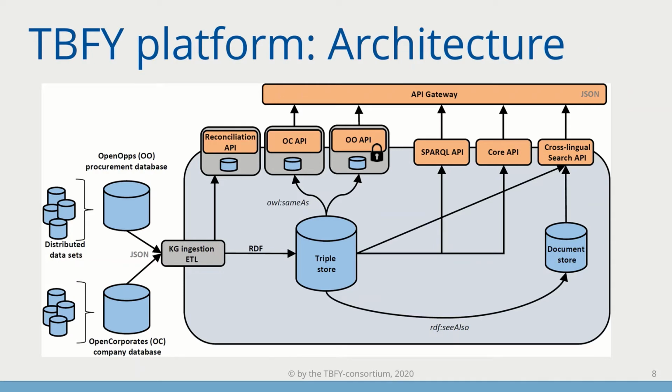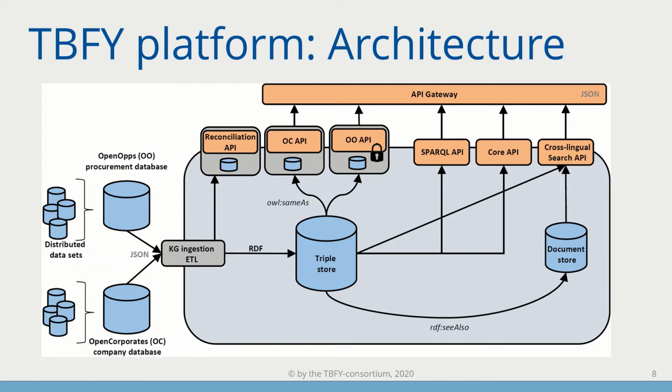When it comes to architecture, in the figure we provide a high-level overview of the architecture. On the left-hand side, we have the ETL processes that are used to incorporate the data sources into the knowledge graph. On the right-hand side, we provide the main data storage mechanisms, including a triple store for storing the generated RDF, and a document store for the documents associated to the public procurement, such as tender notices, award notices, and so on. And the URLs of these documents are accessible via a specific property called